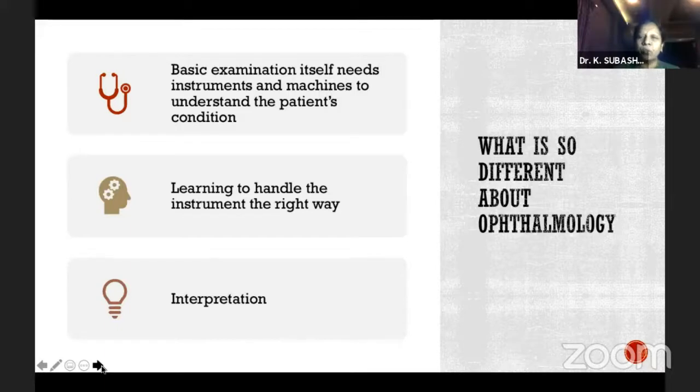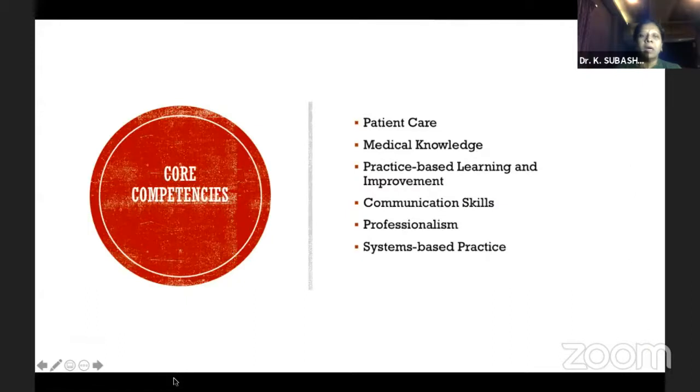What is so different about ophthalmology? The basic examination itself needs instruments and machines to understand the patient's condition, and learning to handle the instrument the right way is one thing, and interpretation is the next big thing. The key,